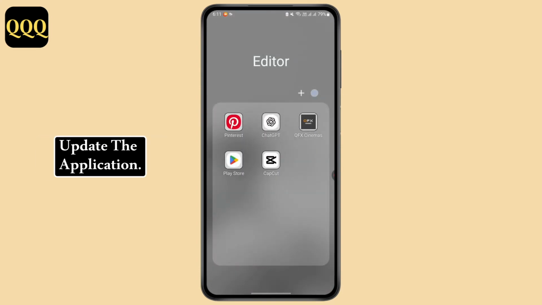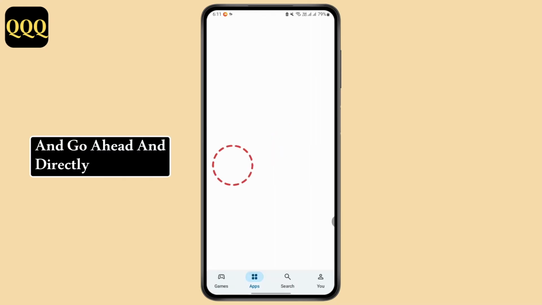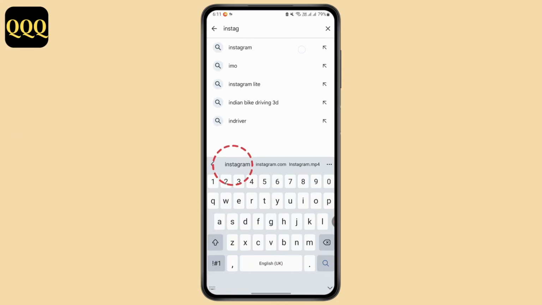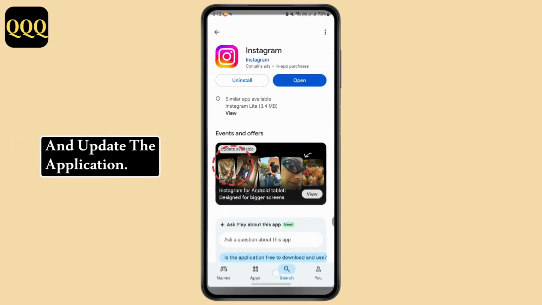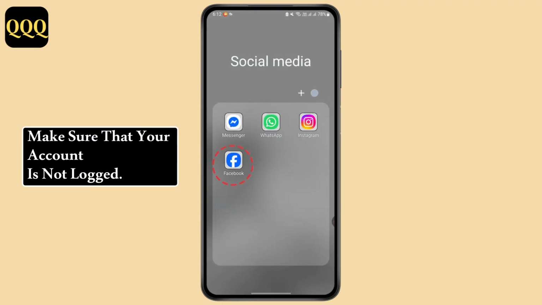Apart from that, you can update the application. So go to Play Store for that and directly search for Instagram here. And once we search for Instagram, just go ahead and update the application. And then while you're trying to log in to Instagram, make sure that your account is not logged